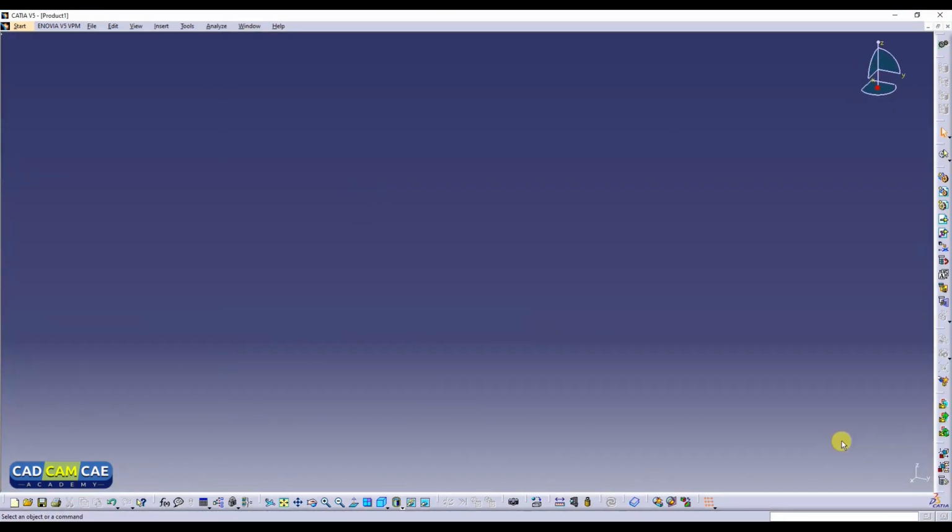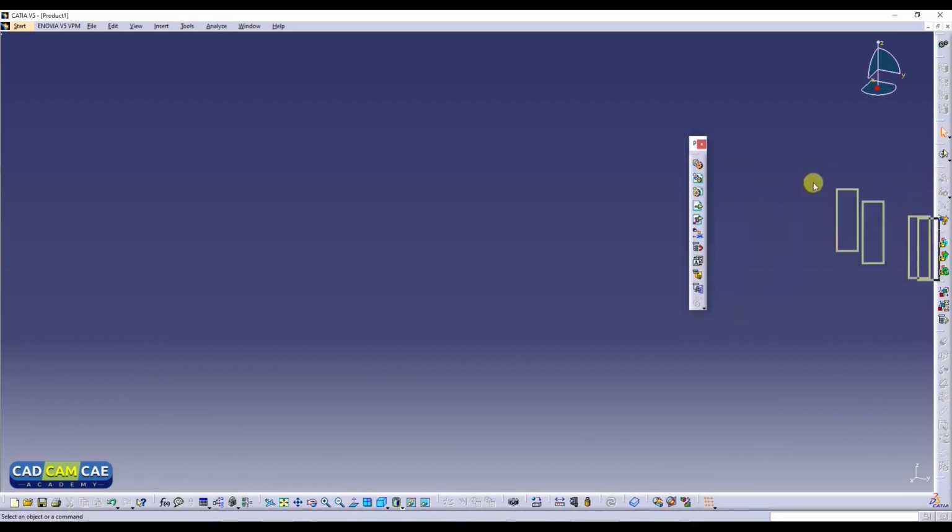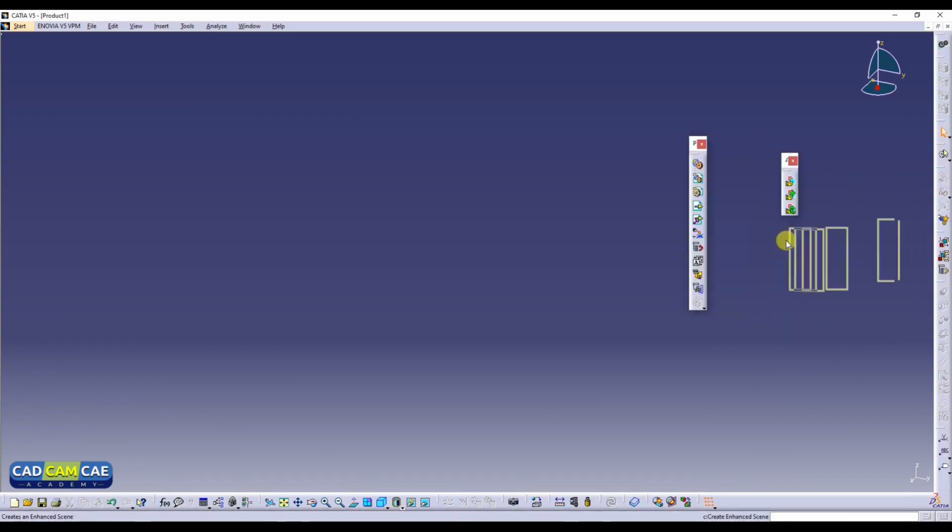Now we will be talking about the toolbars. At the right side, you can see there are a lot of toolbars. We can pull it out. These toolbars are used during sketching, during modeling, during assembly, as per the workbench. Now by chance, if this gets deleted